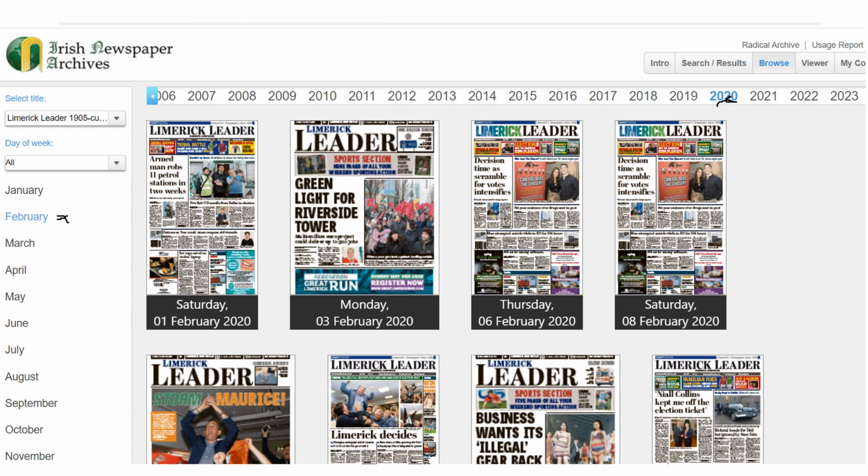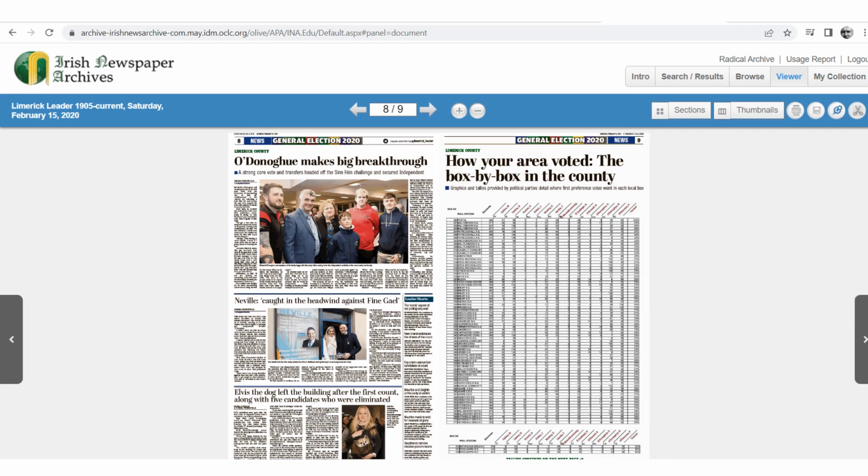I'm from rural Ireland, so I generally trust Culchie newspapers more than city newspapers. So I'm going to click on the county edition of the Limerick Leader, or the Culchie edition of the Limerick Leader, because I just think when it comes to elections, Culchie newspapers give you that bit more detail. And lo and behold, I then go to the newspaper itself, and once you go into a new newspaper, you'll